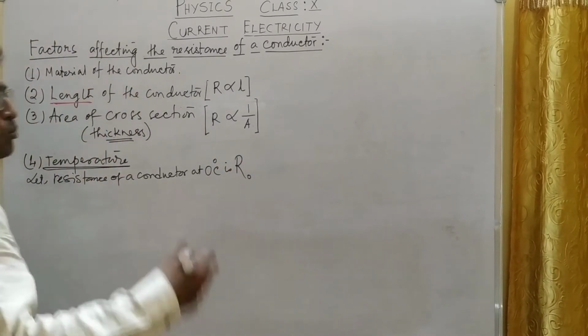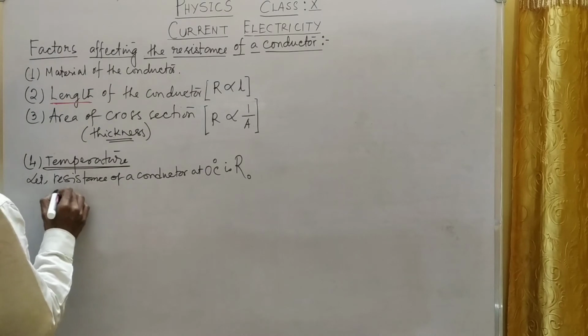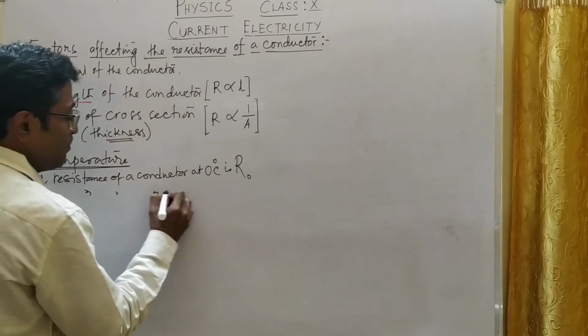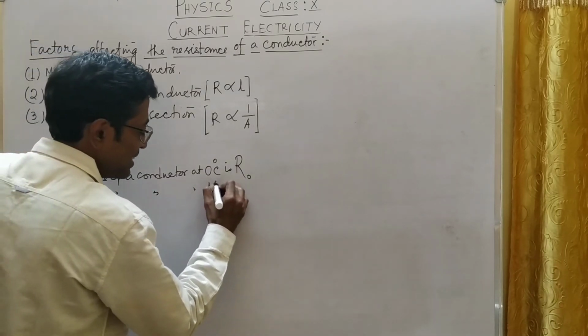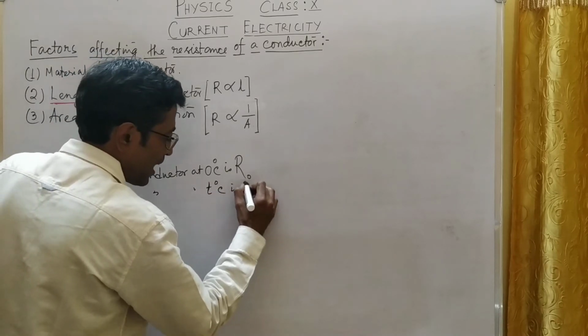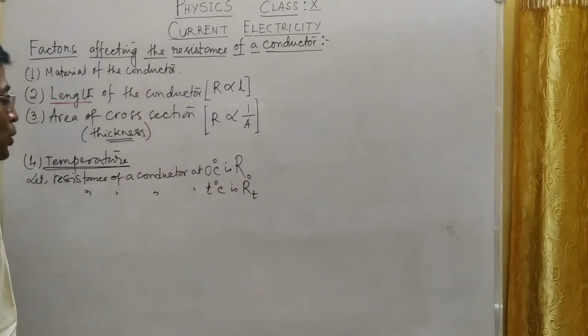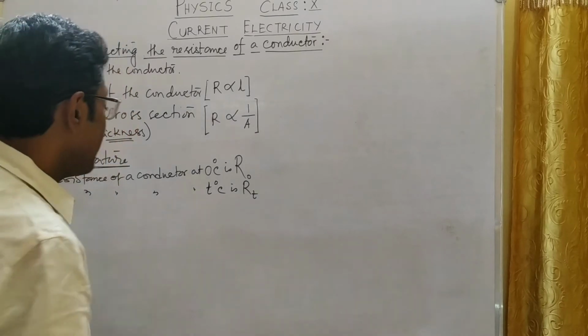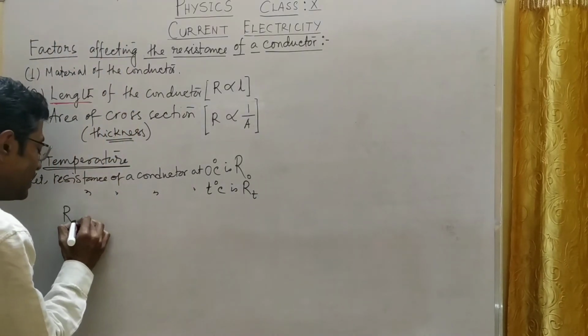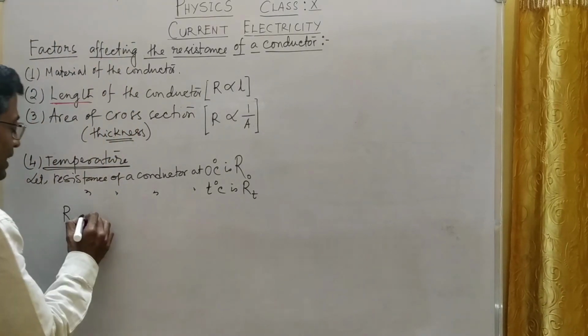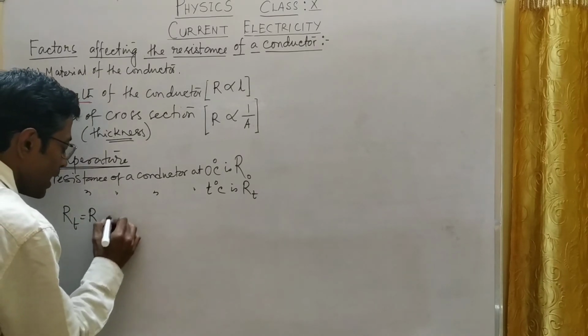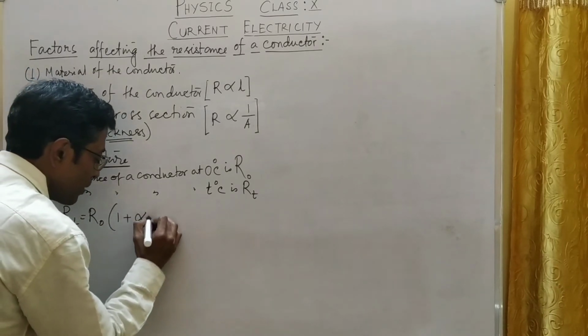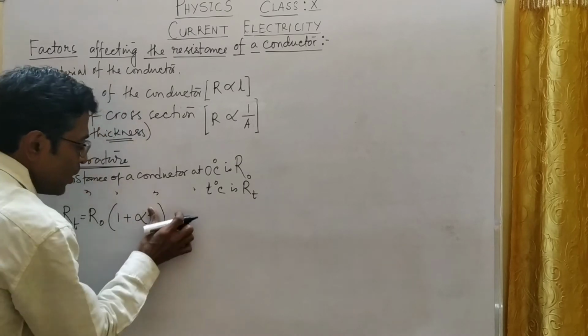Okay, let it be 1 ohm, 2 ohm, anything. And the resistance of the same conductor at T degree Celsius is R suffix T. So how can this be related to the temperature? Remember, RT, that is resistance at T degree Celsius, equals R naught (1 plus alpha T), or rather you can write it like this,